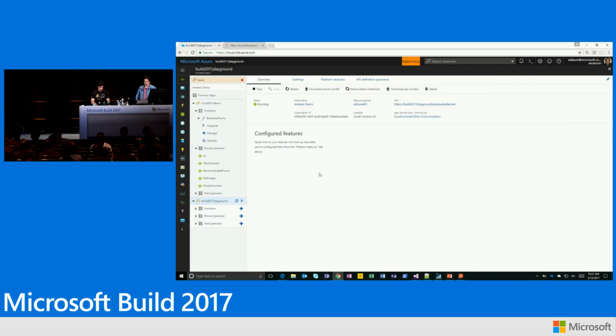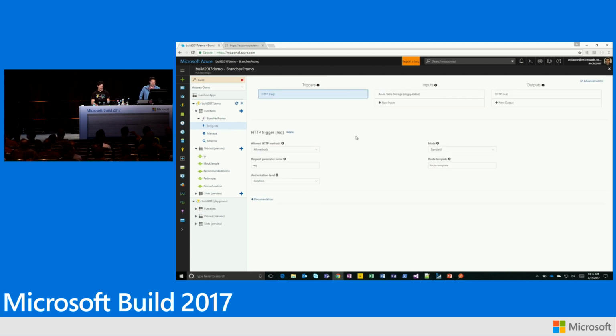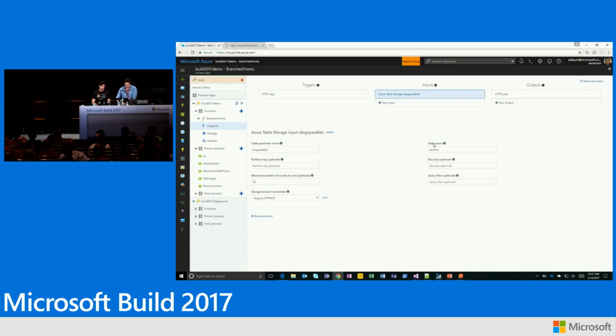So what we have here, I'm on the Azure portal, and I have a function that I built that I'm going to open here for you guys to see through the portal. And the first part of the function I want to show is the integrate tab. That's where you define what triggers your function. A function can be HTTP, can be based on a timer, can be based on an event. This one's HTTP, so it receives a request and has a response as an answer. But what I really like is that I was able to bind this to an Azure table storage. And all I have to configure here is my storage account name, the name of my table, and a parameter, which is how I'm going to refer to that table within my code.